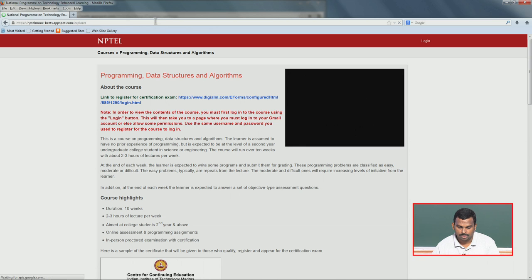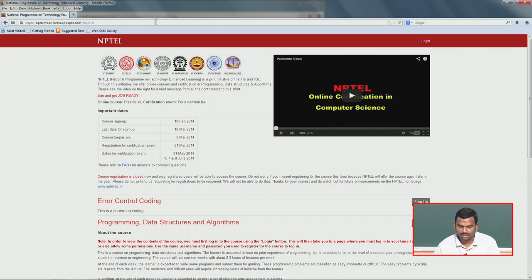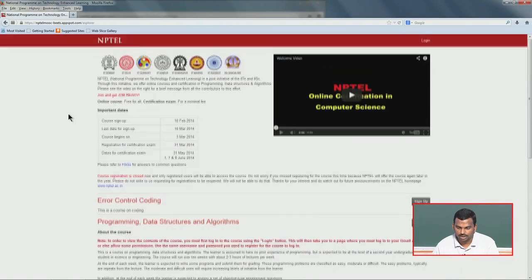So this is a new URL. The face of it is exactly the same. So you see it's similar to what was there before, but of course this is just a mirror image of the other portal. This is for people to create content in. So you'll see it lists a few courses.